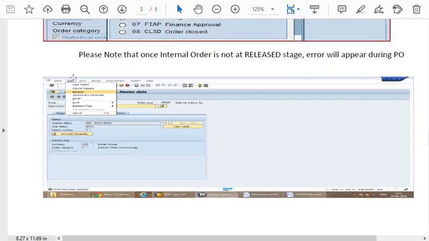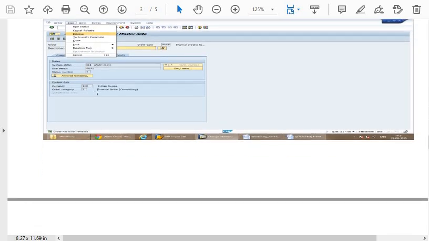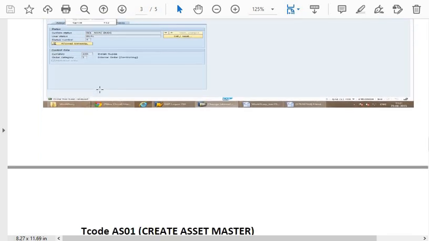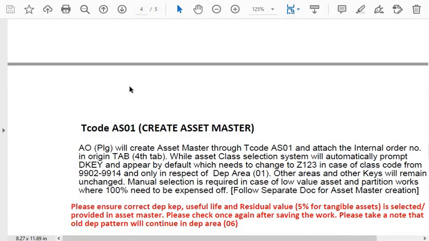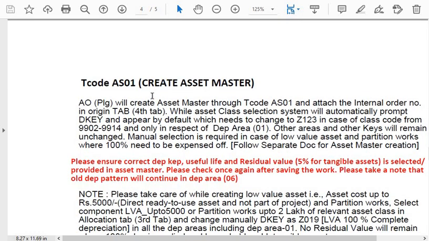Okay. So open the internal order in the KO02, go in the edit, go and click on this release. Once the order has been released, system will generate a pop-up message. Then AO planning will create the asset master through transaction code AS01 and attach the internal order number in origin tab,